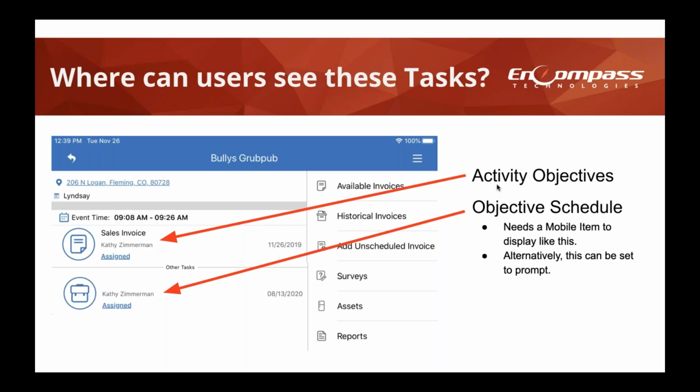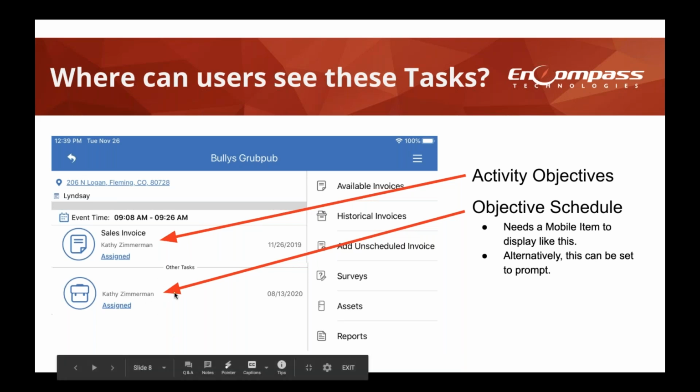So what you can do using activities objectives is you can actually add additional functions into this page here. So instead of just seeing one bubble at the top, they would have two bubbles, right? They would have the first one that would say sales goals, or check sales goals. They would click into that. And then when they hit back, they can complete that task. And then the next thing that they would have to do is a sales invoice. And then, of course, they would complete the invoice and then mark that as complete as well. So you can go ahead and really focus based on the requirements of that route and your distributor, what things you want them to accomplish while they're in that stop.